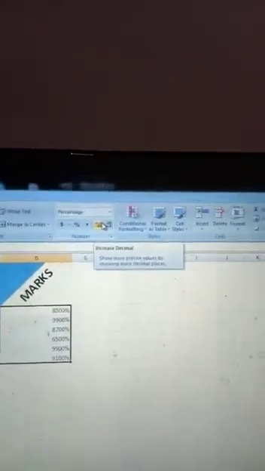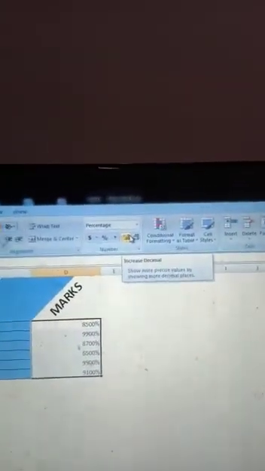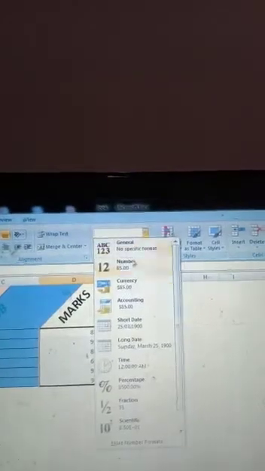And if you want to show all the records in percentage, then you have to select and click on that percent button. Okay, this way you can easily select it. Okay student, so this way you can easily select it. If you want to select it, then you have to choose number style. Okay students, I think all of you understand.